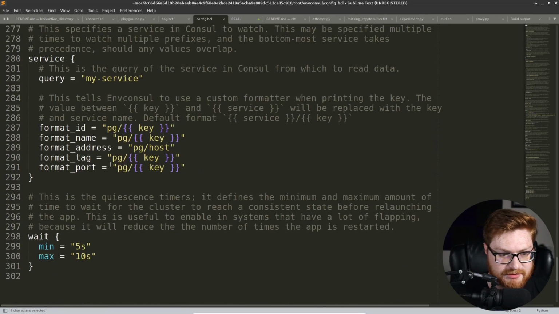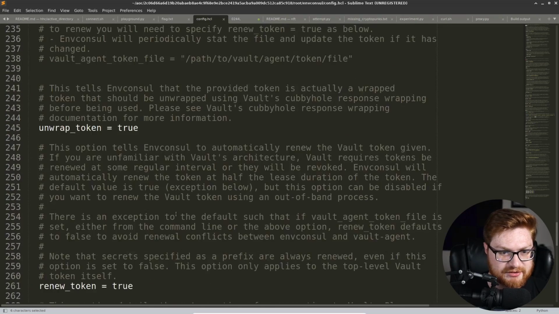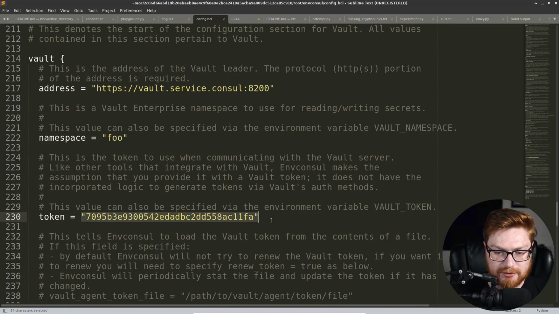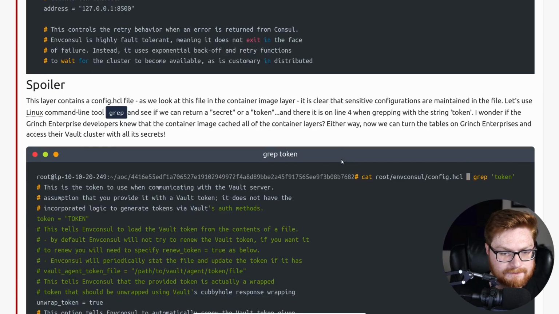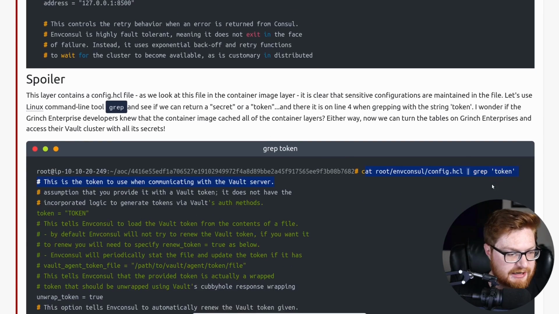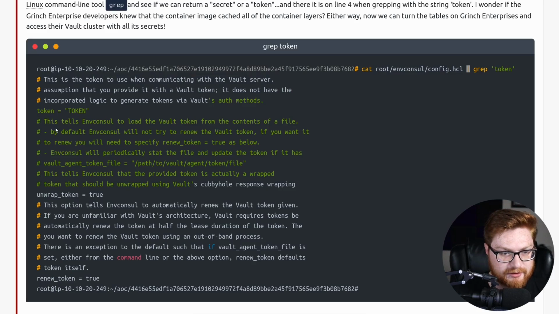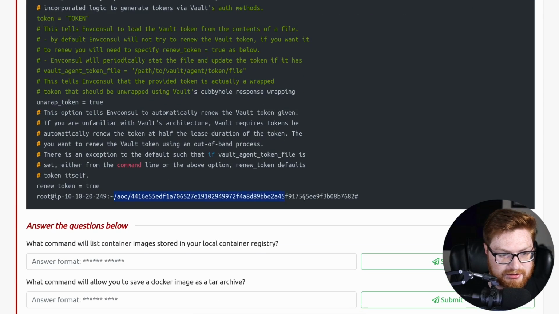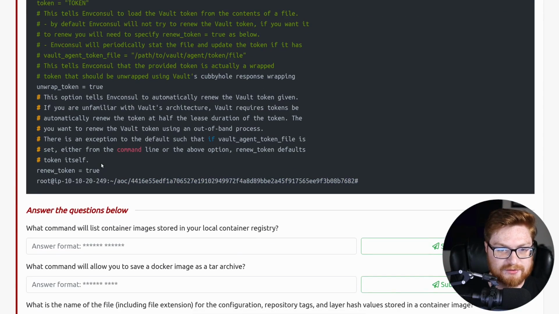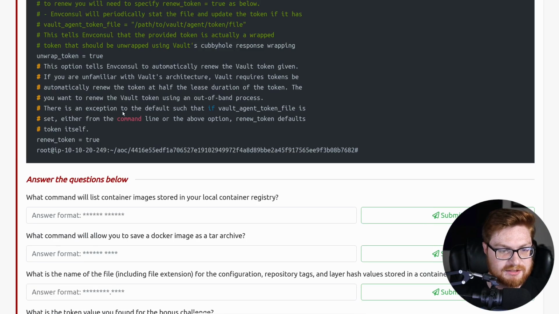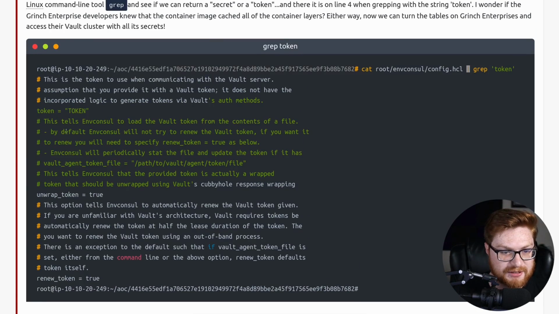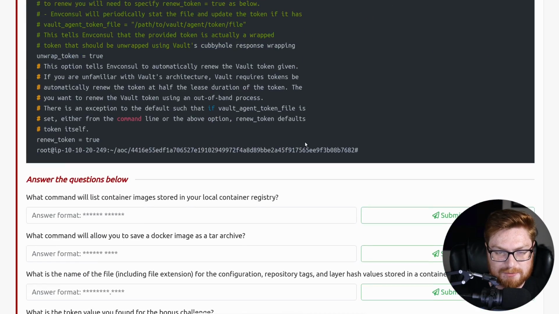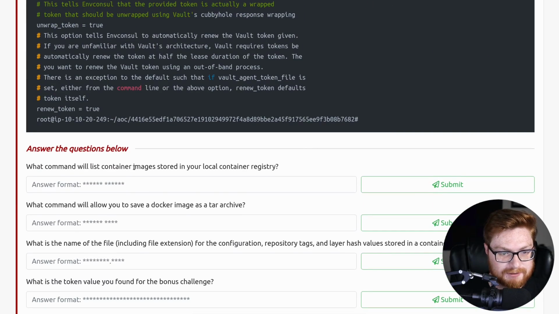We also see a service being set up with keys, but okay, maybe this token is the only thing that could be valuable later on. Let's go continue reading. They had done this where they just catted the file and grepped for that token. They found a lot of potential options, but it also would have displayed a token being set to something. Ooh. And I believe this is the end of our exploration. Maybe we just found something sensitive that could be used to potentially take control of the vault or other special attributes or services used by Grinch Enterprises.